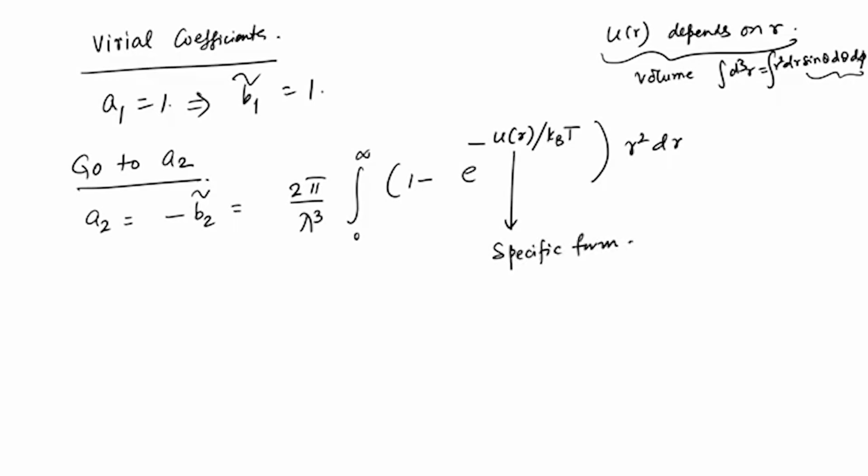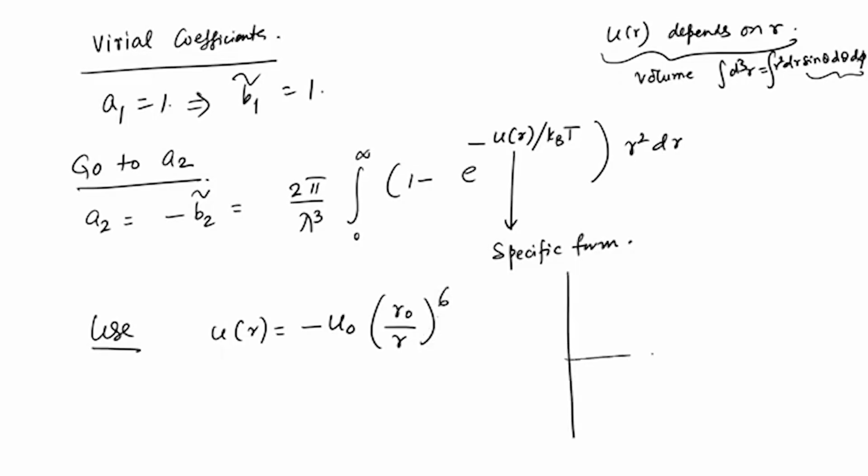So, what specific form can we use? We can of course use the Lennard-Jones potential, which is that 6-12 potential that we have talked about earlier. However, that becomes more complicated. We also have proposed a simpler form, so use this. So, u of r is equal to minus u0, which is the strength of the potential, times (r0 over r) to the power 6. So, once again, just to remind you, that this is like this,